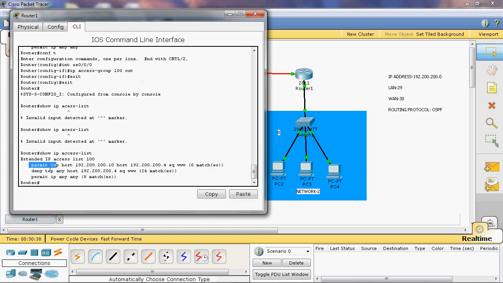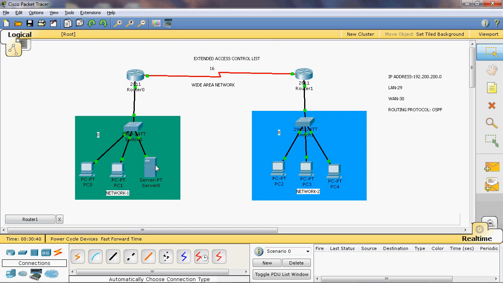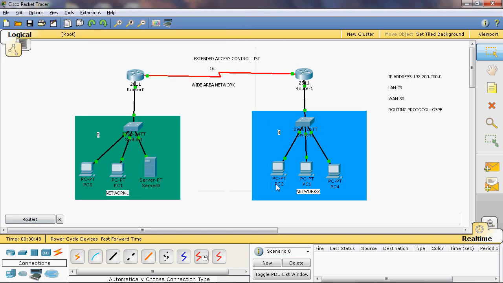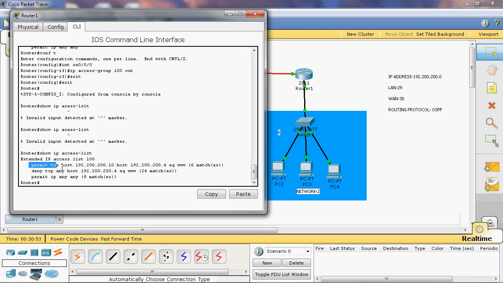Here we can see permit TCP. The web access HTTP port number is 80, which comes under the TCP protocol. So here we use TCP. The individual host can access the individual web server IP. So here we give the individual host, meaning we use host and the particular host IP. Otherwise we can give the individual host and then the wildcard mask. Both are the same. Then eq www indicates port number 80. So the source IP can access the destination IP through port number 80, permitted.